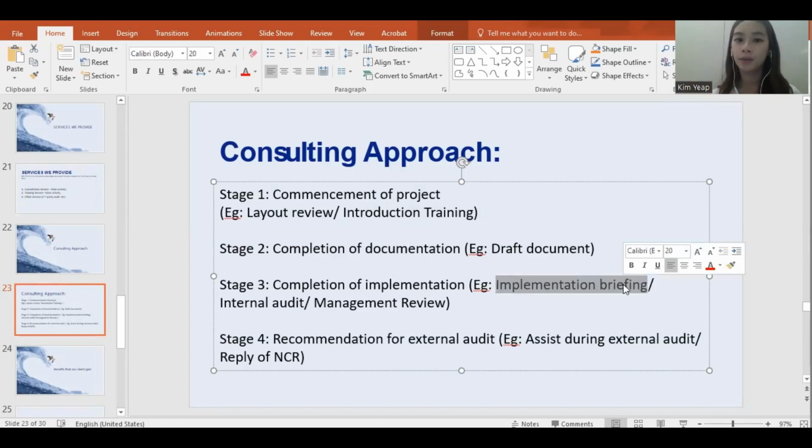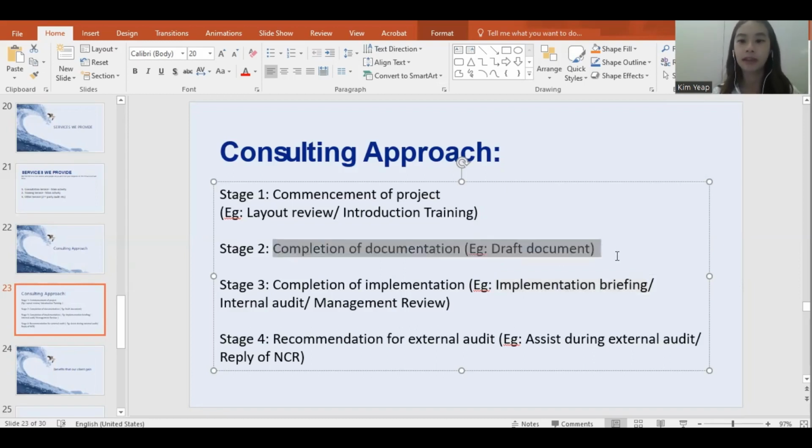But what the auditor sometimes also wants to see is whether you are testing the effectiveness of your management system. Still remember what the management system is? Okay, so after having the SOP, all this, after having the management system, after a proper plan of how you want to do the implementation.